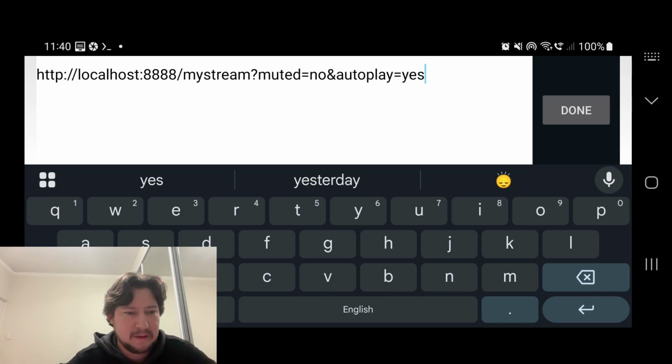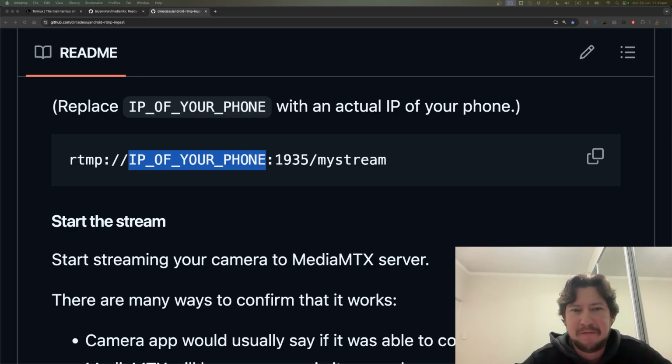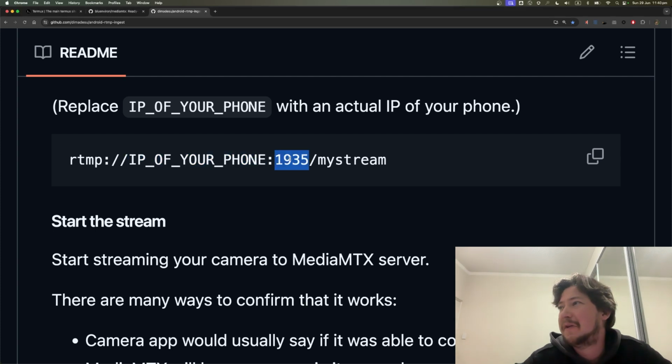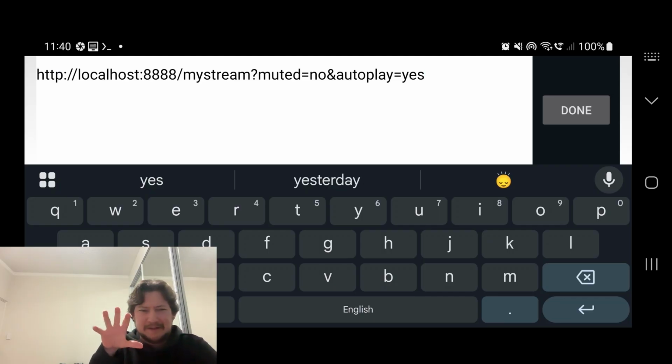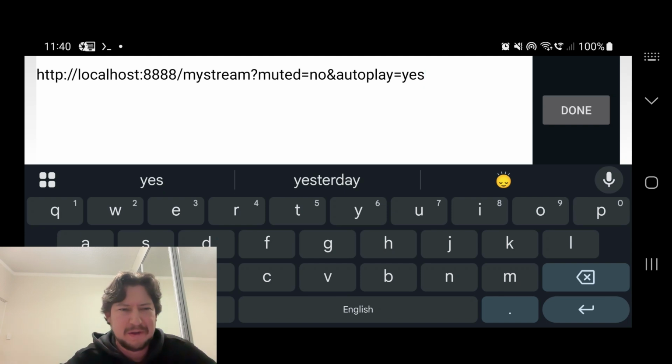Again, let me go back. I'm streaming DJI with this URL. You see it's port 1935, stream key my stream. So that means I have to match that. For Android, you can use a localhost. You don't have to type in the IP, so they're just gonna reference your phone itself. And the port is 8888, and then followed by